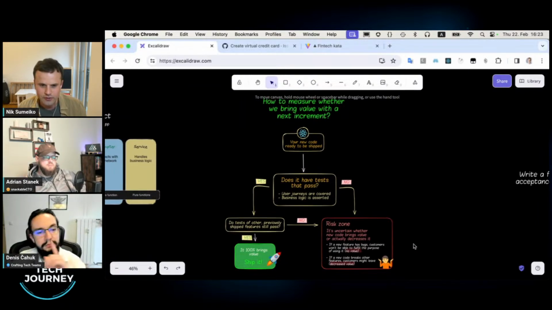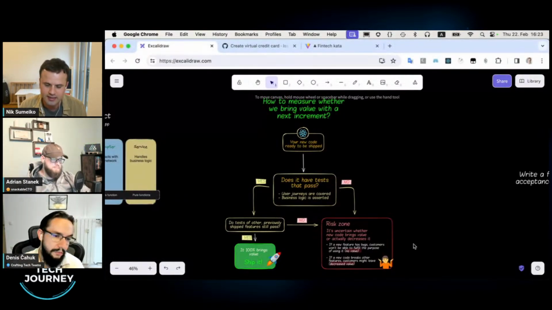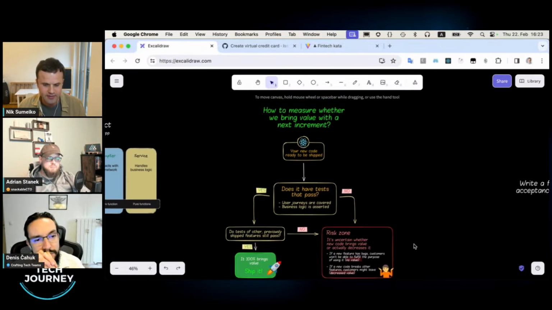First, you don't know whether your increment will actually bring value, because you are not confident whether it works. Plus, you may even decrease the business value of the previous setup of your app, because you might break some features that worked before. So you decrease the business value in that case, and I think this is a valid measure.